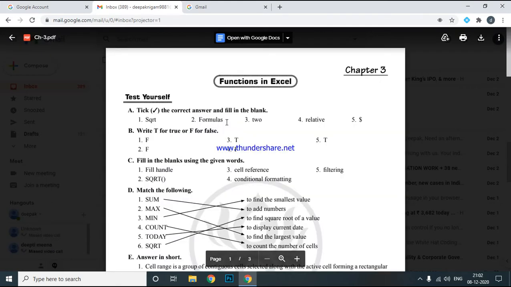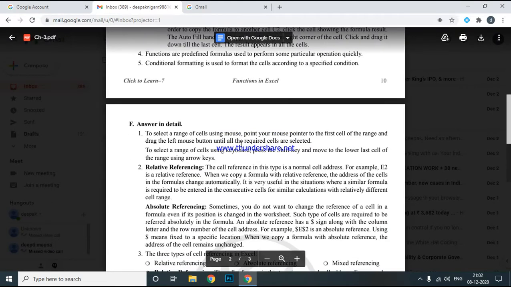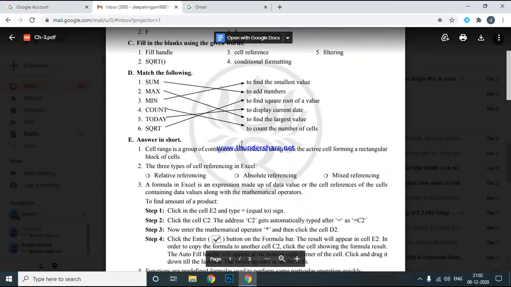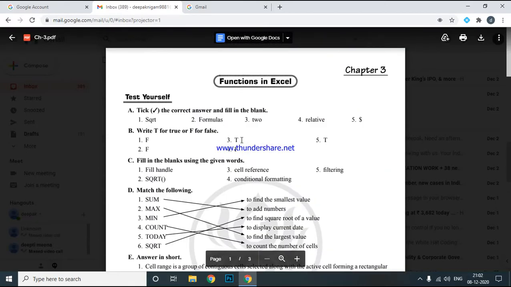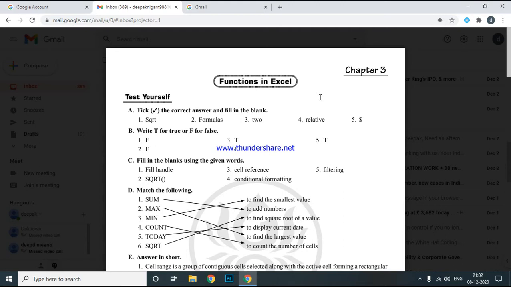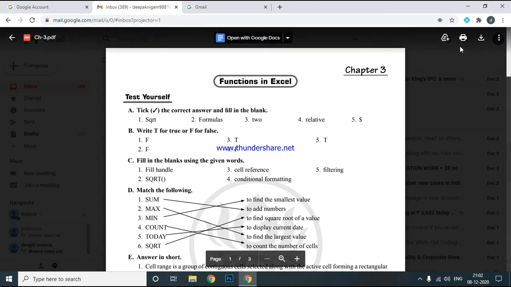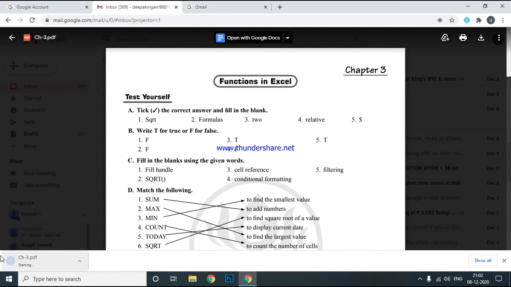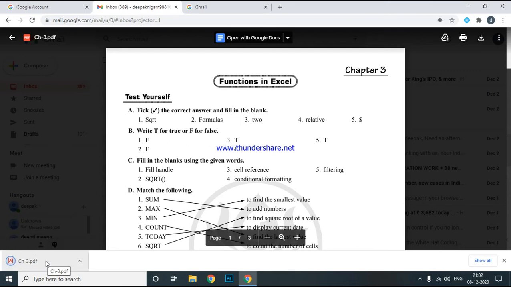After some time the file will open like that. If you want to download it to your device, in the upper right corner there is a download symbol. When we click on it, the file will be downloaded into the download folder, and from the download folder you can access your file.